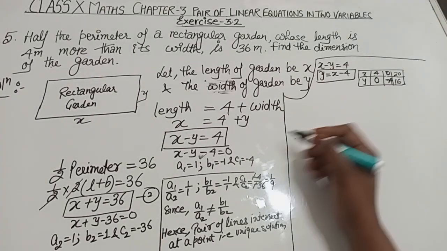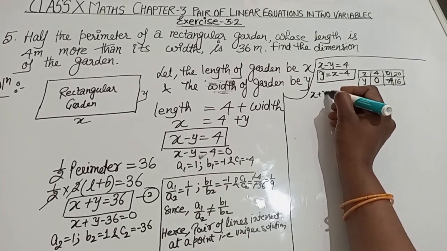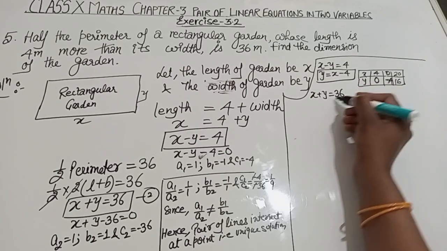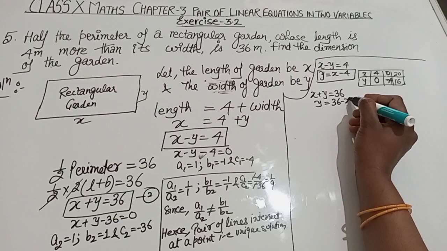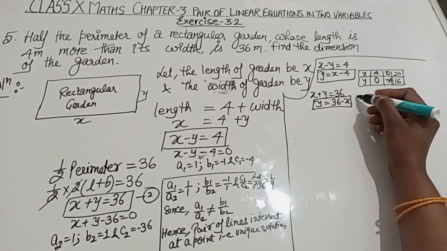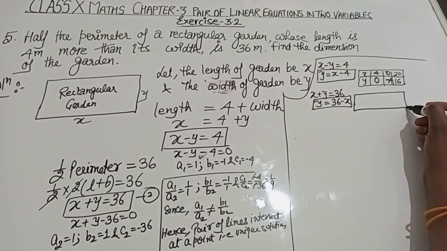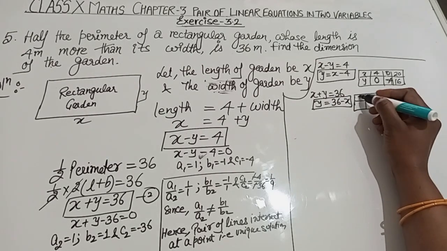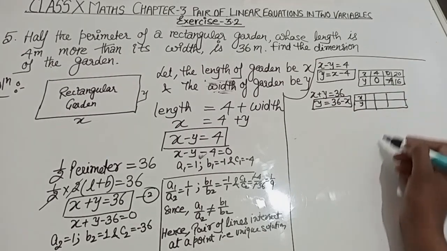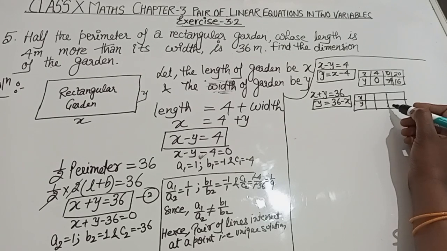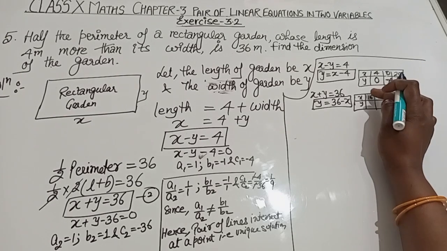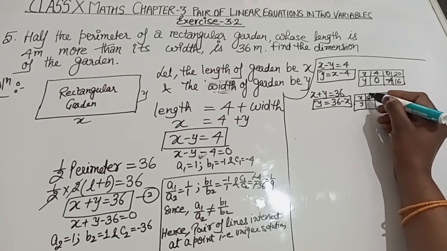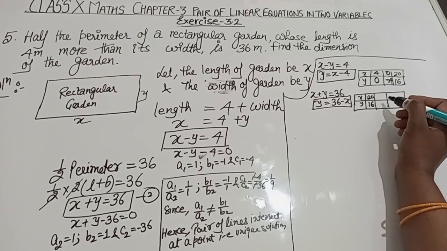The first one is next. So x plus y is equal to 36. So what we have right here, y is equal to 36 minus x. Now you are finding three solutions, x and y. So x is equal to 16. When we put 20, this becomes 0, 16.